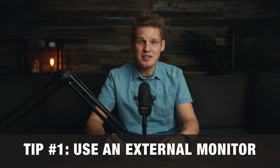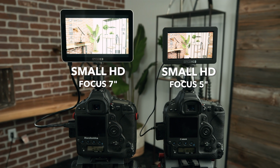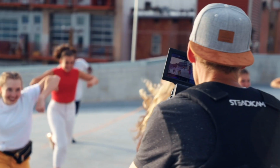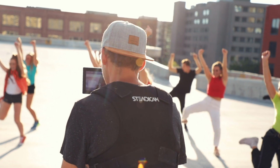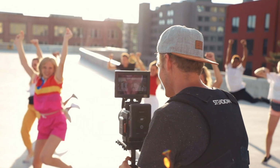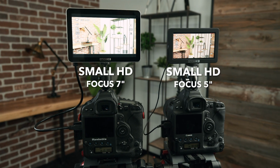Tip number 1 is to use an external monitor. Most cameras come with really small screens that make it really hard to tell if your subject is in focus. For me, I use a 7-inch monitor on my Red, and that really helps me to see what's in focus and what's not. So at the very least, I would go with a 5-inch monitor, but I've had a 5-inch monitor and I still struggled at times keeping my subject in focus, so getting a 7-inch monitor really helped with